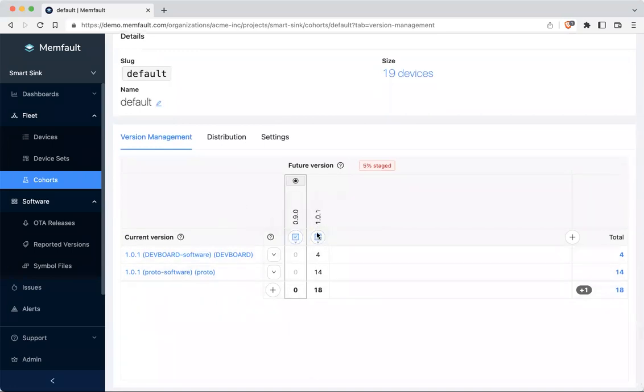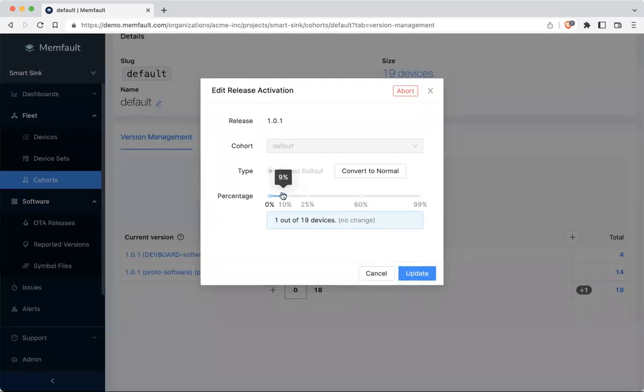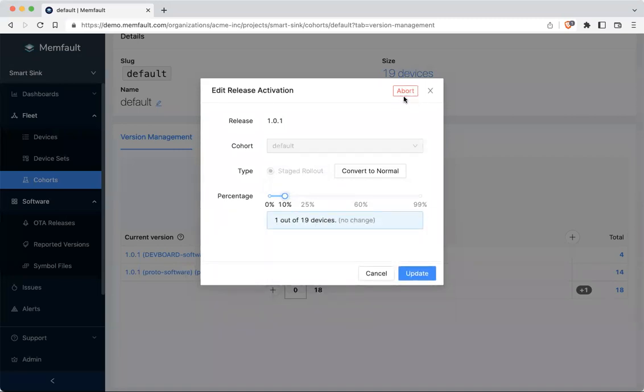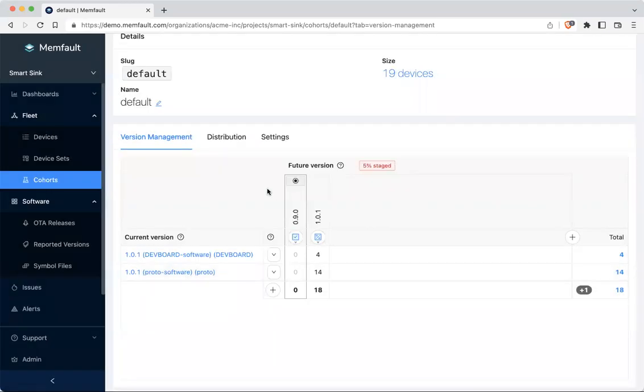So here, if you noticed, I did not activate the 1.0.1, but this one has been activated. We have a staged rollout here. I can edit the release activation to up the percentage if things are going well. If things are not going well, I have my abort button in the upper right-hand corner here, and then I can just update that for the fleet. And the next time the devices talk to Memfault, they'll know then to receive that payload that's sitting in that